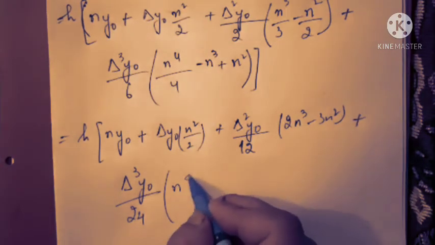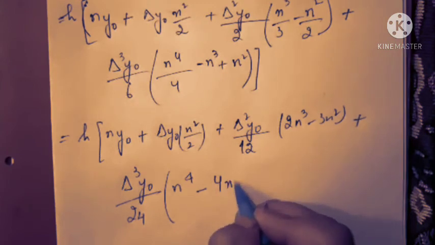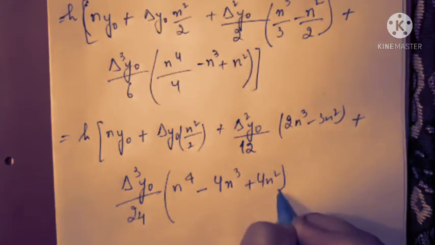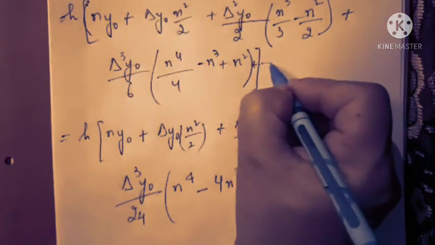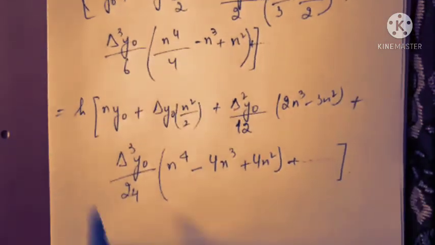This will be n to the power 4 minus 4 times n cube plus 4n square, and so on. Okay, so this formula